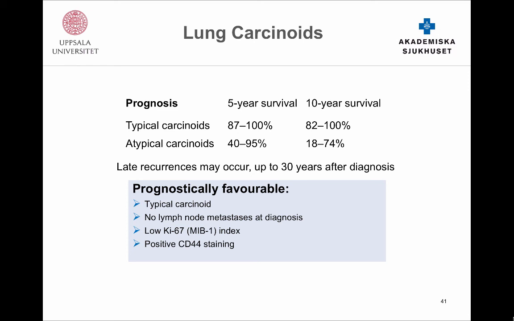If you look at the prognosis for lung neuroendocrine tumors, I pointed out for the typical carcinoids, the prognosis is excellent. 5 and 10 years survival is the same. An atypical carcinoid has somewhat lower 5-year survival and 10-year survival rate. But here I can say that when we look at our most recent figures, we are approaching more and more 60 to 75% 5 years and almost around 70% 10-year survival.